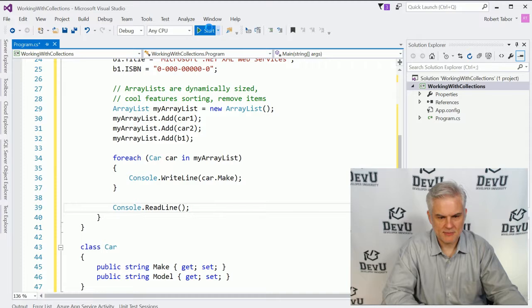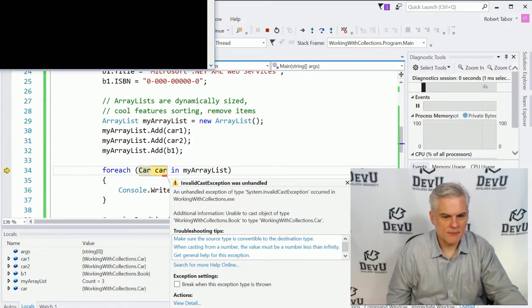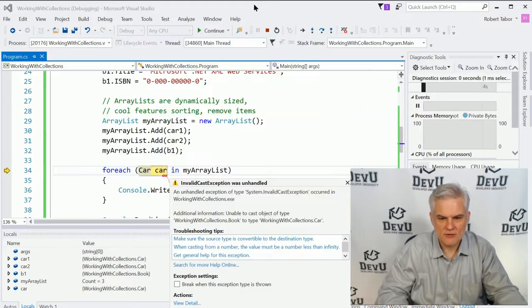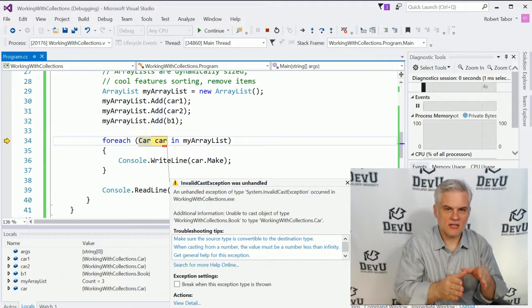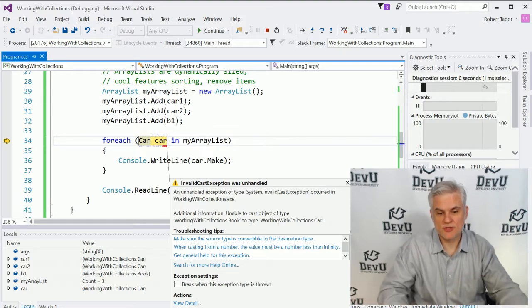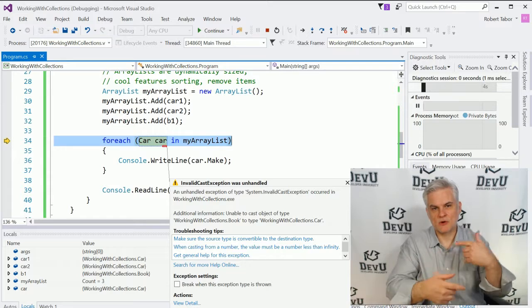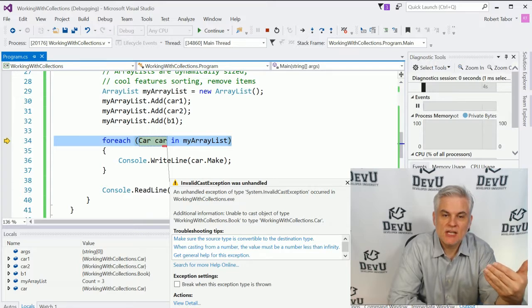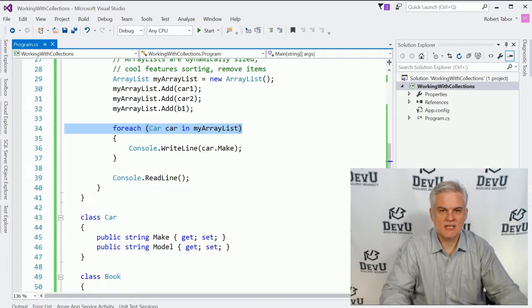And print that to screen, and let's run the application, and we will get an exception whenever we hit the third item in our array list. Notice that it has printed the first two to screen, but when we get to the book, it says that there's an invalid cast exception. In other words, we could not convert a car, or rather a book, which was the third item in the array list, into a car. So as we're iterating through each of the items in our array list, we're going to hit a problem here. And the fundamental problem is that we allowed our collection to store something other than cars. So we cannot work with these collections in a